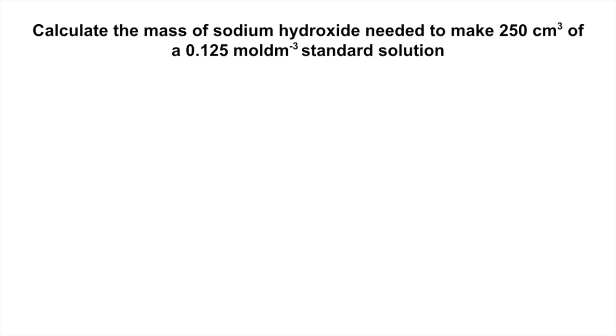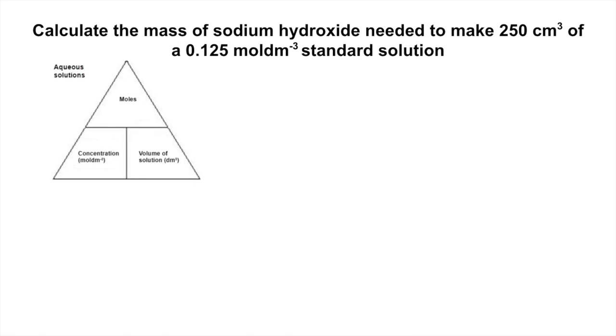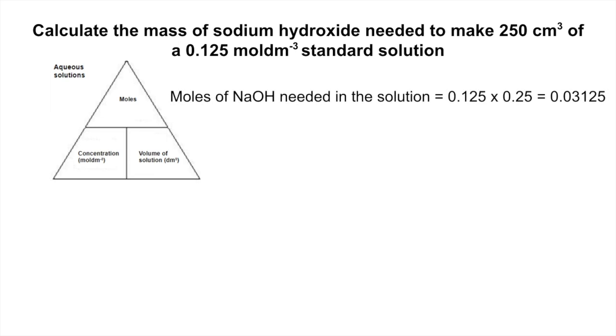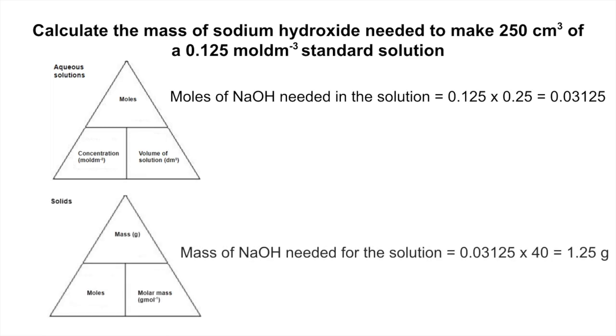Okay, so the first thing I'm going to do is work out how many moles of sodium hydroxide are needed. So moles equals concentration times volume, but remember the volume needs to be in decimeters cubed. So that is 0.03125 moles of sodium hydroxide. So the mass of sodium hydroxide needed is just the moles times the Mr, and that's coming out at 1.25